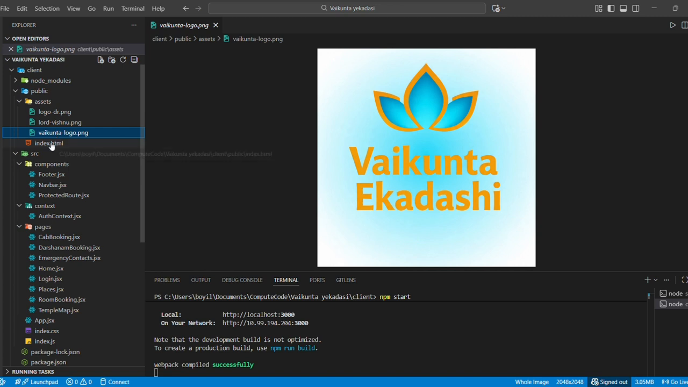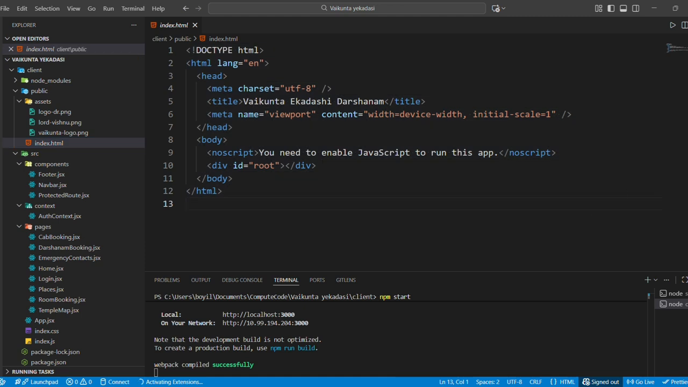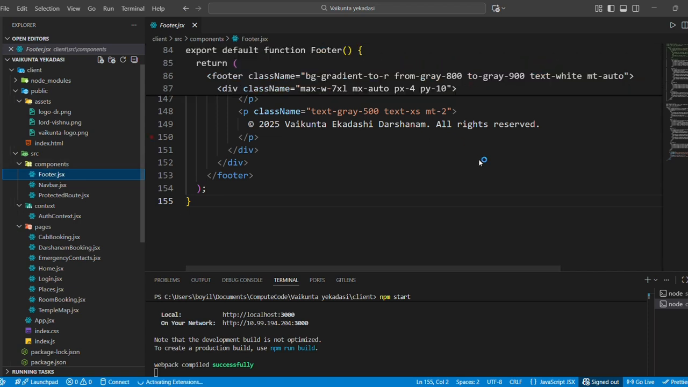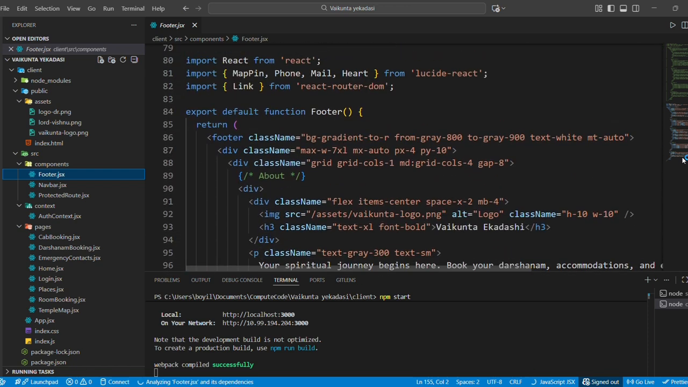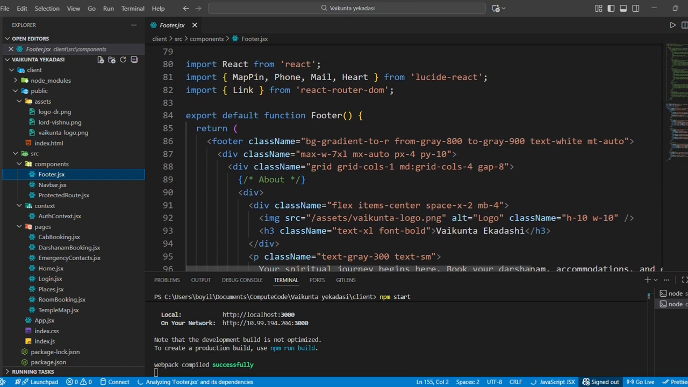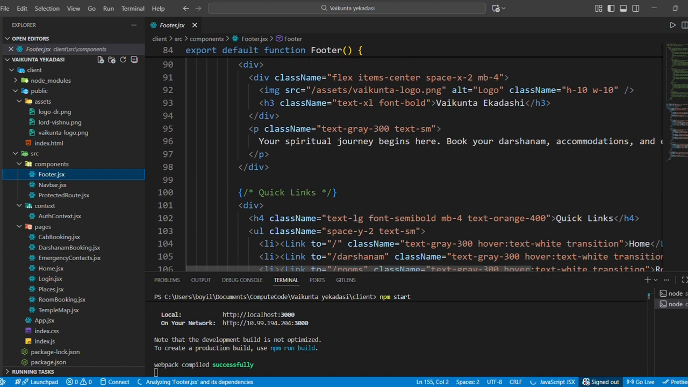Core application, App.jsx. The App.jsx file is the heart of the application structure. It wraps the entire application in three critical layers. First, the AuthProvider from auth context provides authentication state globally. Second, the Router from React Router DOM enables client-side routing. Third, a layout structure with navbar, content area, and footer. Inside the content area, the Routes component